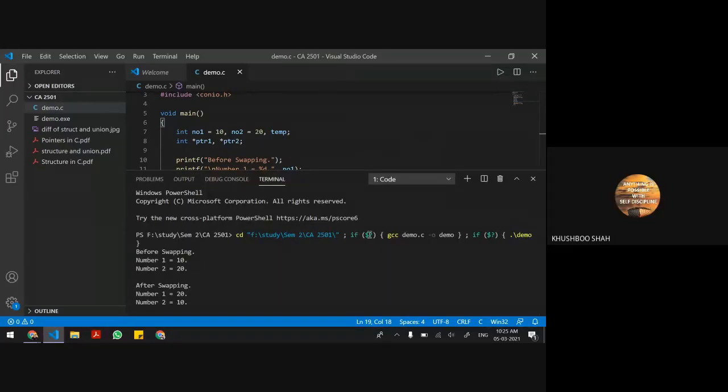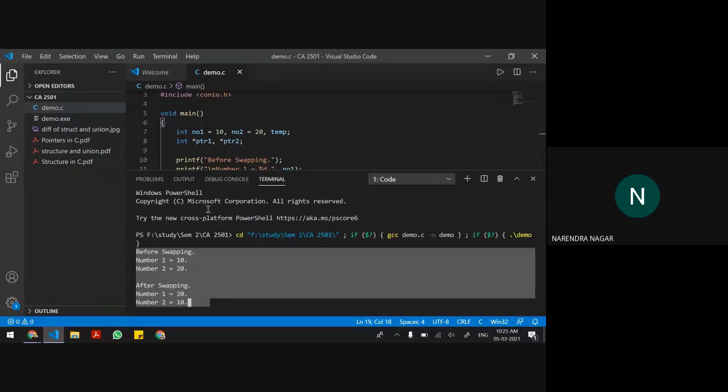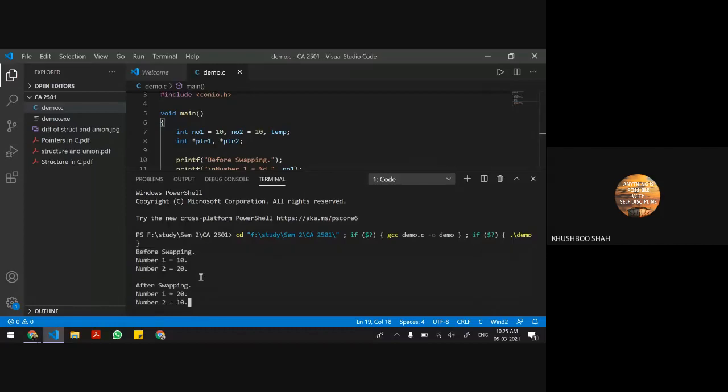Who is saying? This is Narendra. Okay, Narendra, and why do we need to change? Because we are using pointers. Yeah, we are using pointers. But the question was to swap the numbers using the pointers. So the portion of the logic must contain the pointer things. But when we are taking the input and printing the output, we don't need to use the pointers. We can directly use the normal variables. So we got the correct answer, guys.